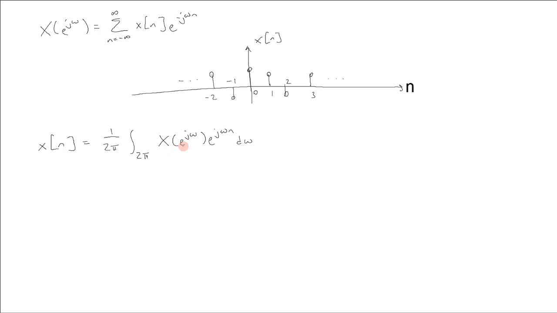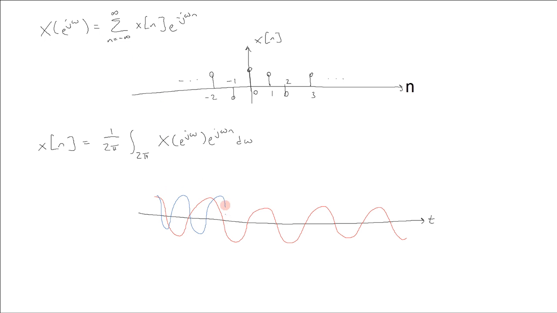One way to look at this in the time domain is that each omega gives us a sinusoidal term. So it's going to give us some frequency. So for example, this is one of the omegas. And another one is at a slightly higher frequency, let's say. Something like that. And another one is going to be at yet a higher frequency. And so on. And we have an infinite number of frequencies, since X(e^jω) is a continuous signal. So we have an infinite number of frequencies, and we add up or integrate all of their